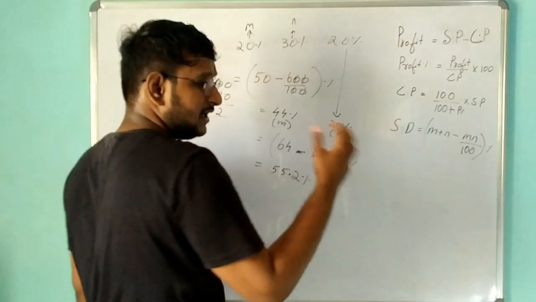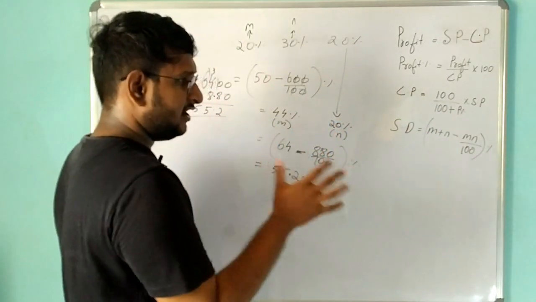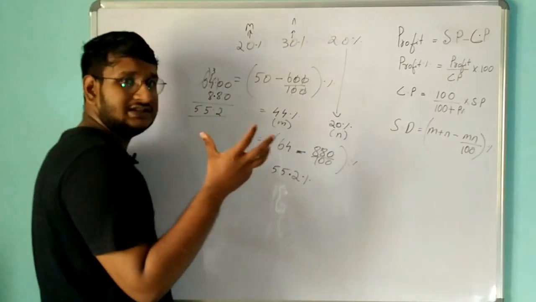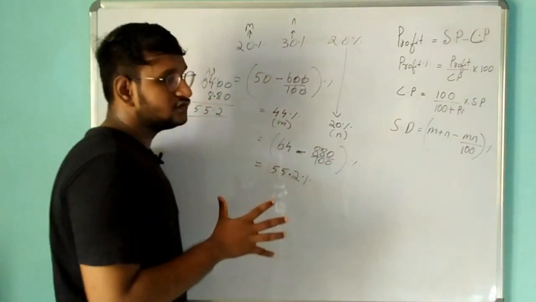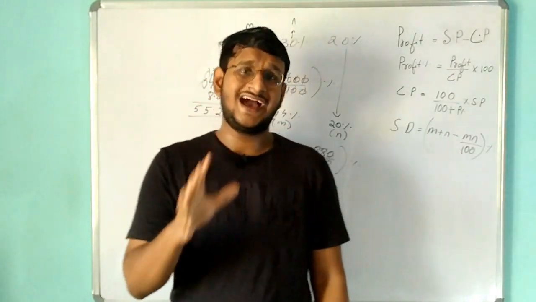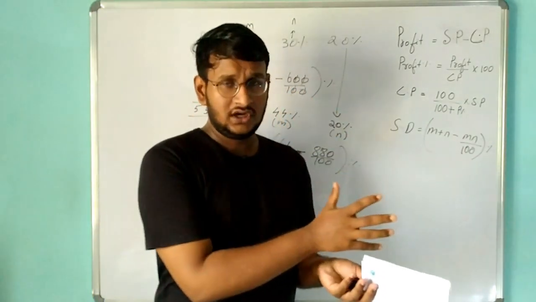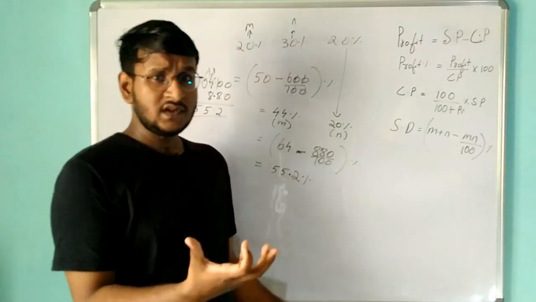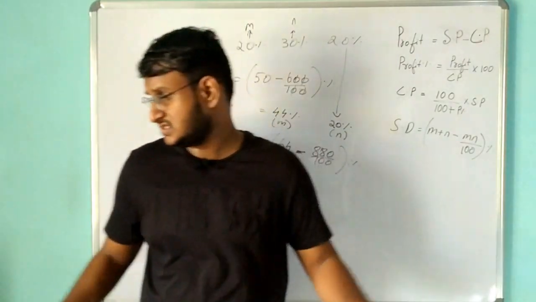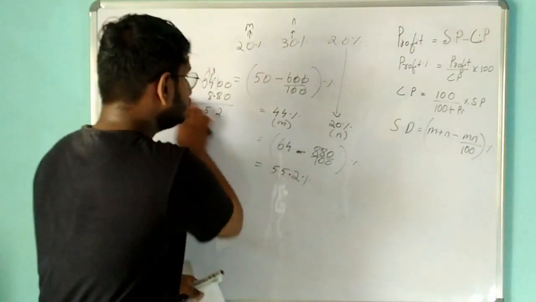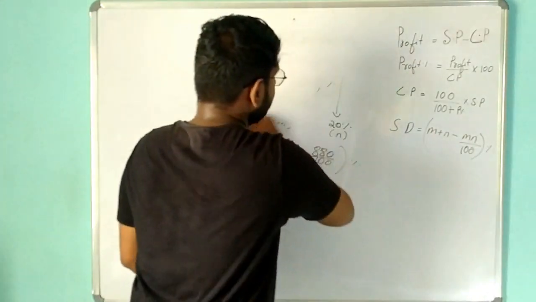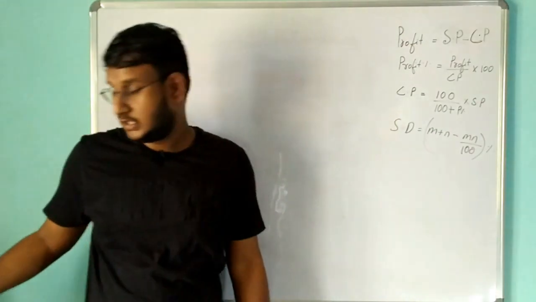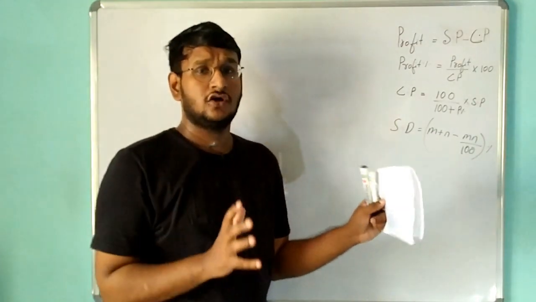Use this formula, that is m plus n minus mn divided by 100%, so that we will get what the answer actually is. Okay, so please use this formula. So this is what discounting actually is. Okay, in order to find a discount for successive discounting, we can use this formula. So this is a discounting concept. Now we are going to see a few other tough to intermediate level profit and loss concept problems.